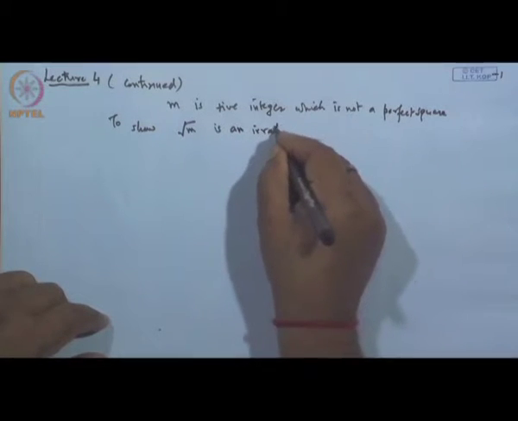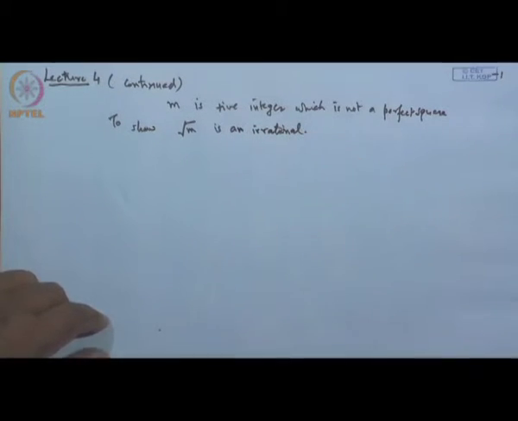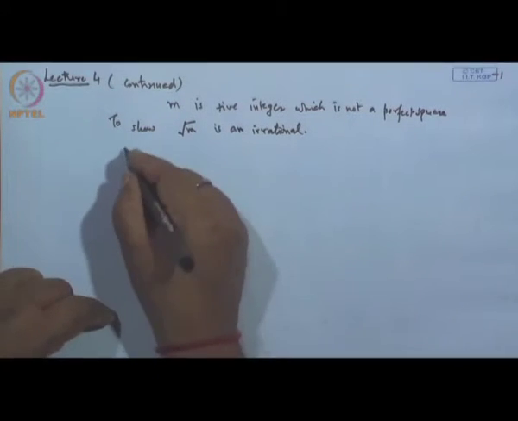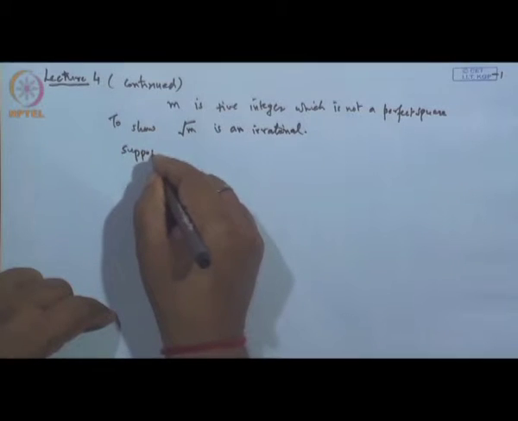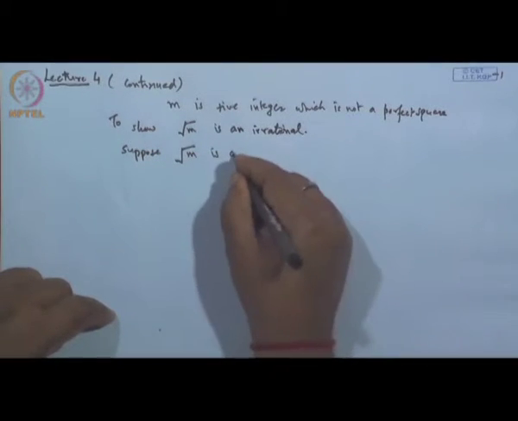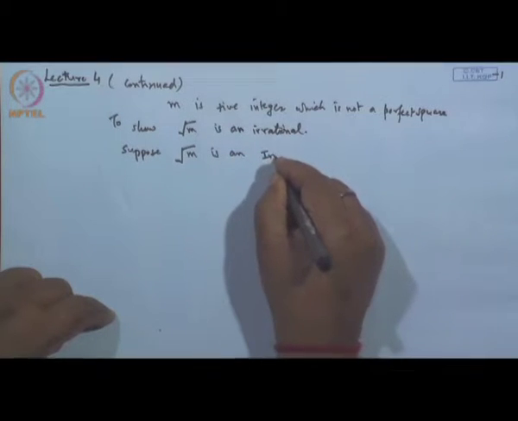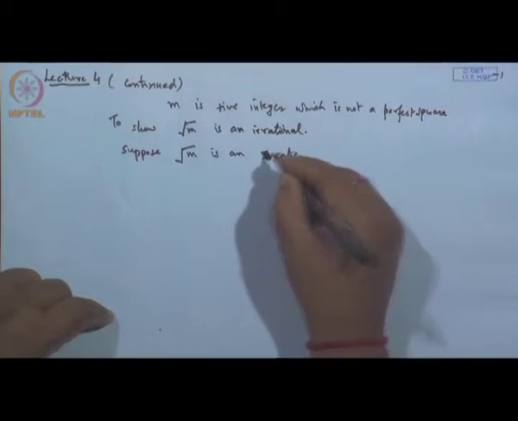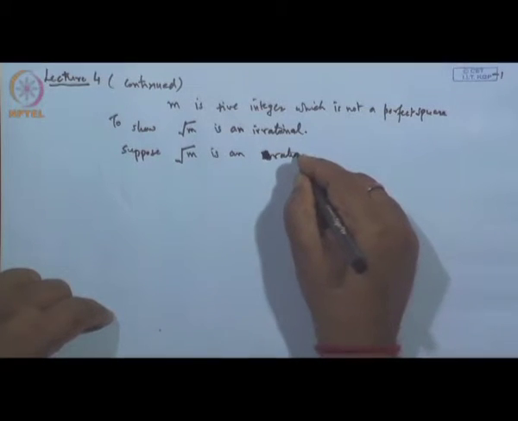That we were discussing. So, we prove this by contradiction. Suppose the square root of m is a rational number,